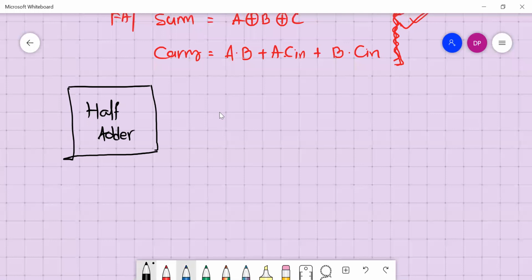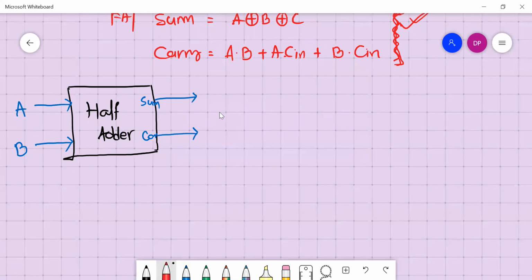So let's say input to this half adder is, we give two inputs, right? A and B. Okay. So half adder is going to produce two outputs. One is sum, another is carry. Right? What is value of sum?